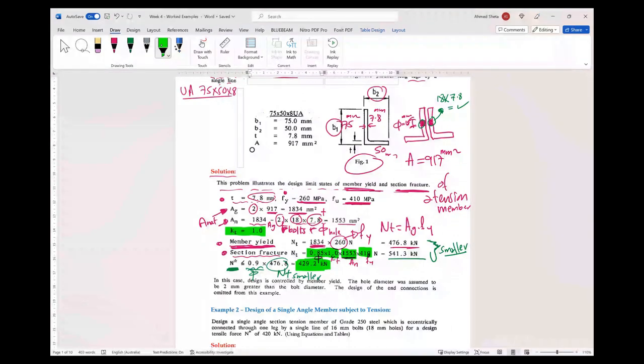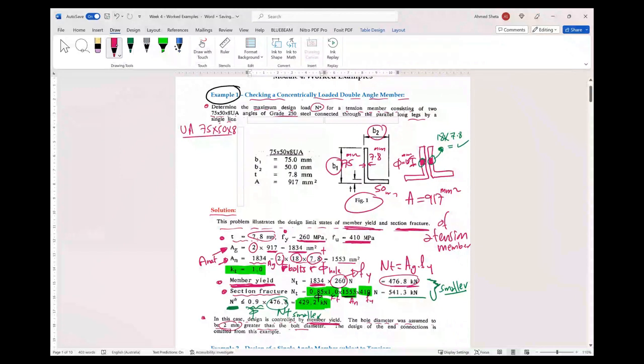Okay. So this is the comment on the answer. The design is controlled by member yield because it is the smaller, so that's why we picked this case. The hole diameter was assumed to be 2 millimeter greater than the bolt diameter. So here the bolt diameter was, you can add it here. So the bolt